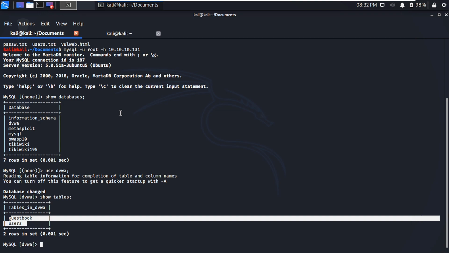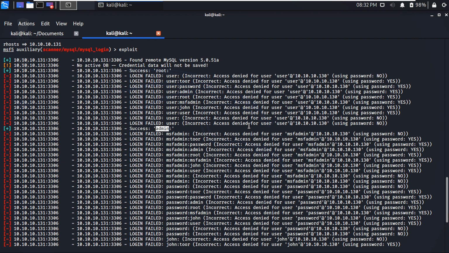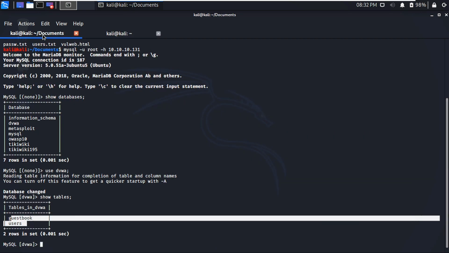You can brute force the MySQL service running on a server, but please don't use it for illegal purposes. This video is only for educational purposes, so that you can learn about this. This is how a brute force attack works. Our main goal is to protect against this type of attack by using more secure passwords, more secure usernames, and making sure the IP of the database is not public.